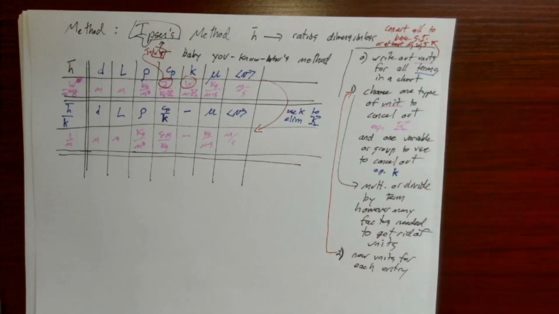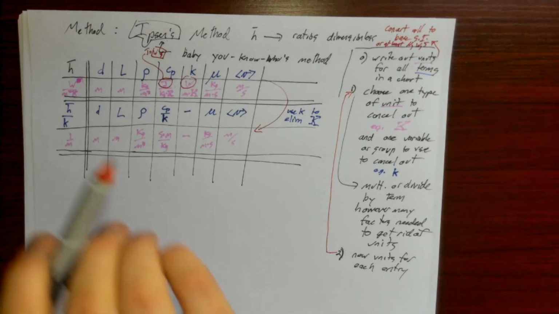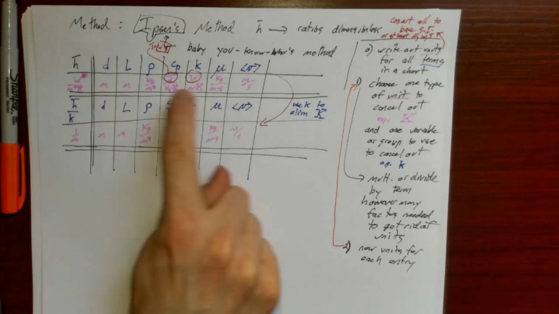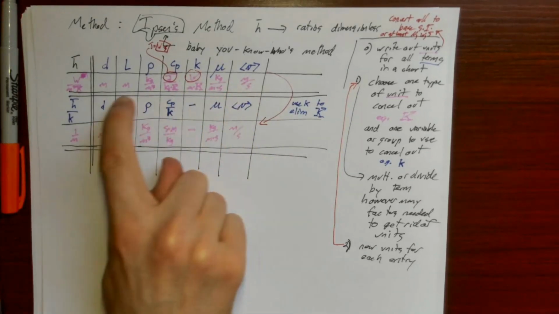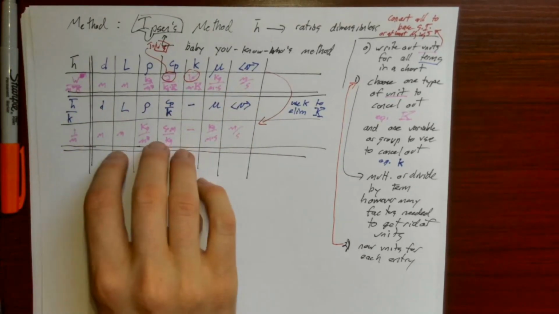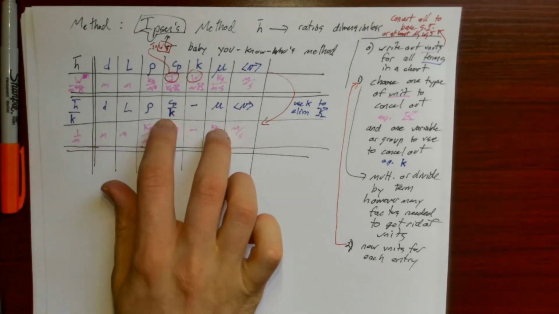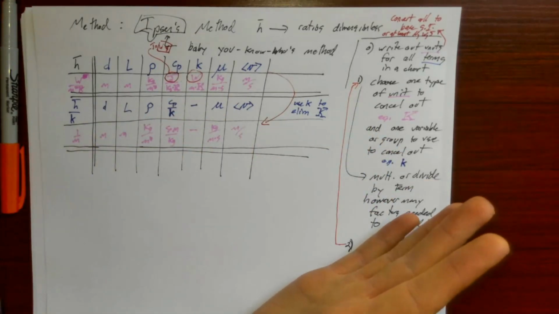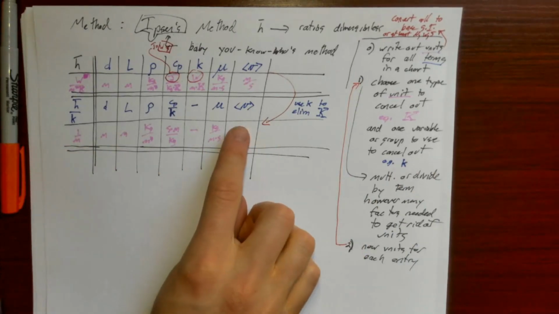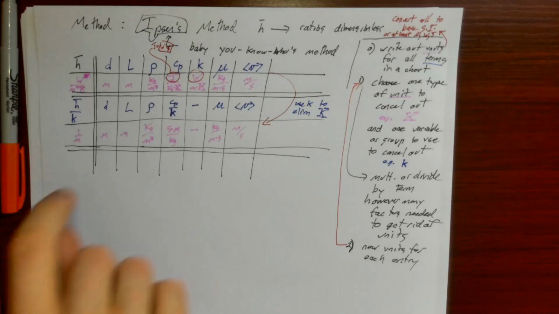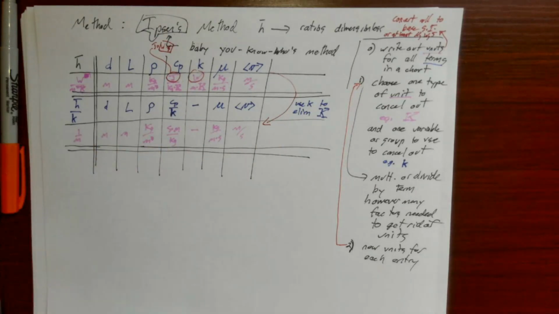We go back to step 1, where we choose a new type of unit to get rid of. So we look out here. I've successfully gotten rid of anything that has units of Kelvin. So essentially now, these relationships are invariant to whatever units I use for temperature, right? This would be just as true if I worked in Fahrenheit or Kelvin or Rankine or whatever.